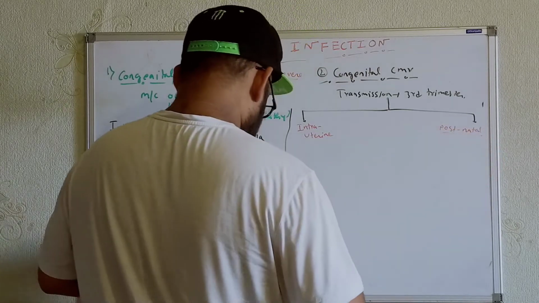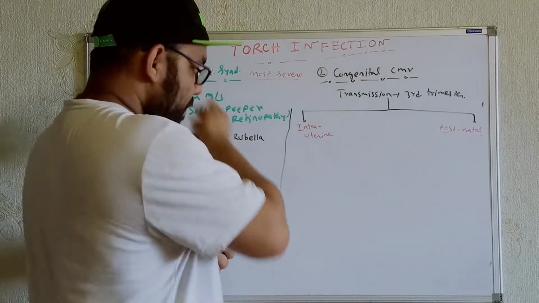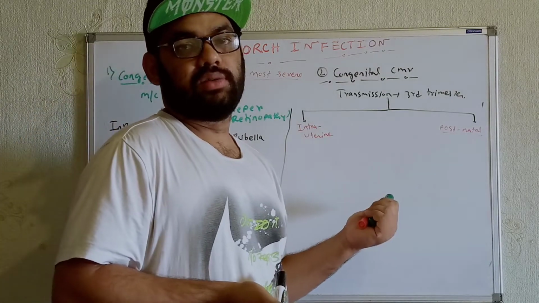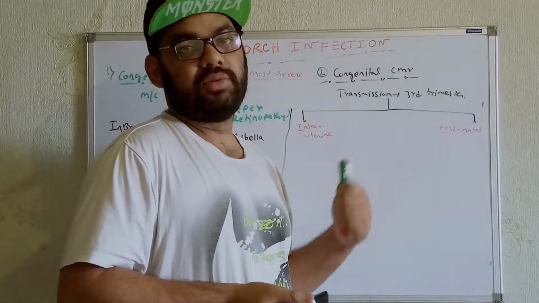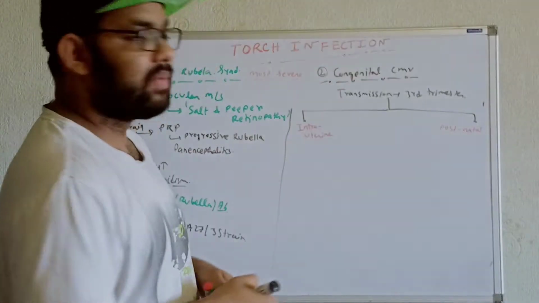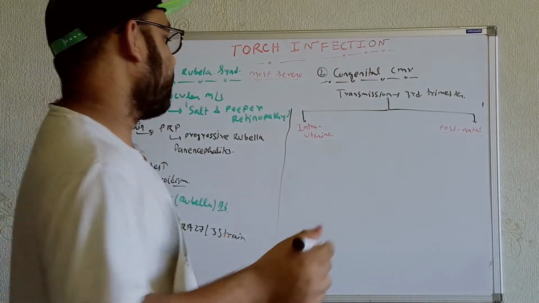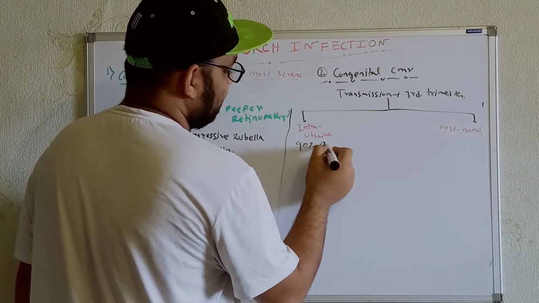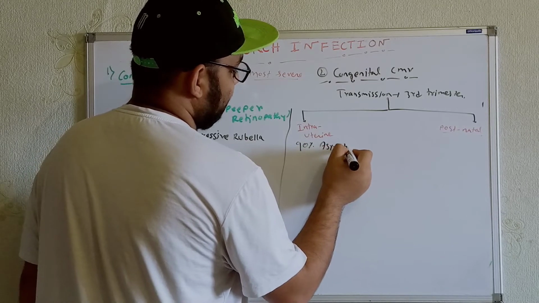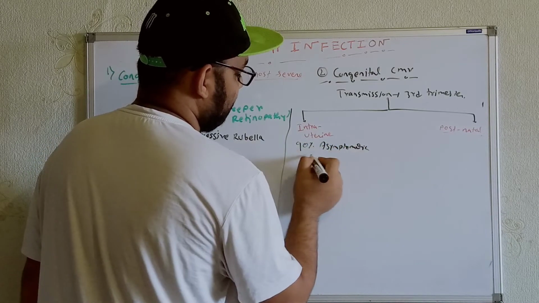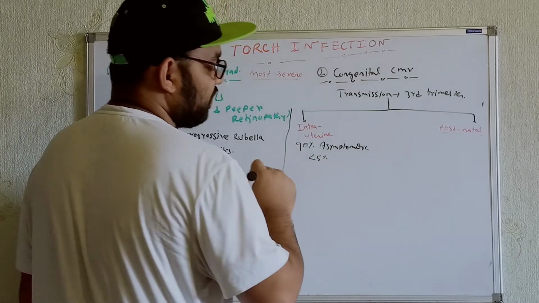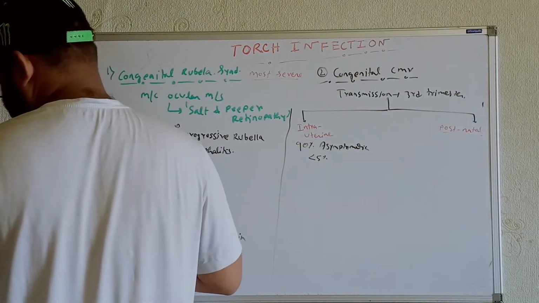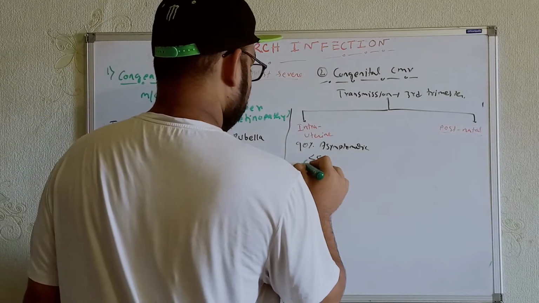Okay. Now first we'll talk about intrauterine. In these cases, around 90% of the individuals are asymptomatic, but less than 5% will get symptoms. And we can get it over here,